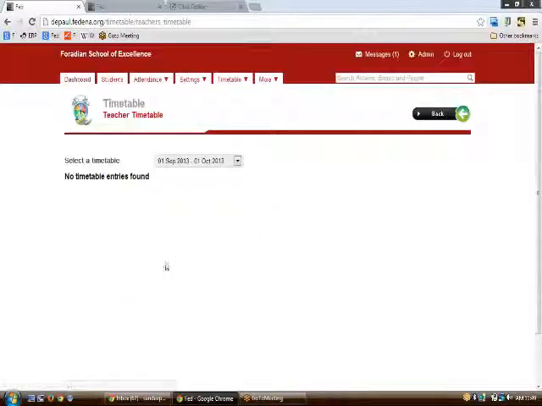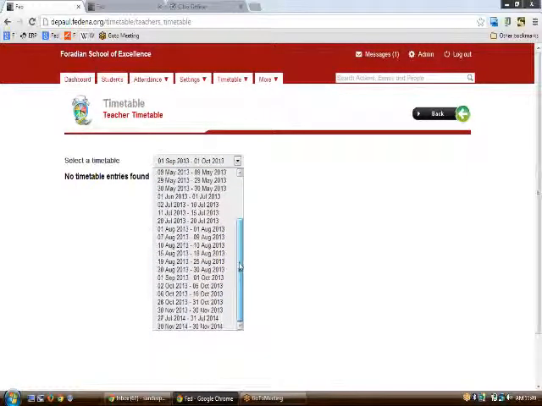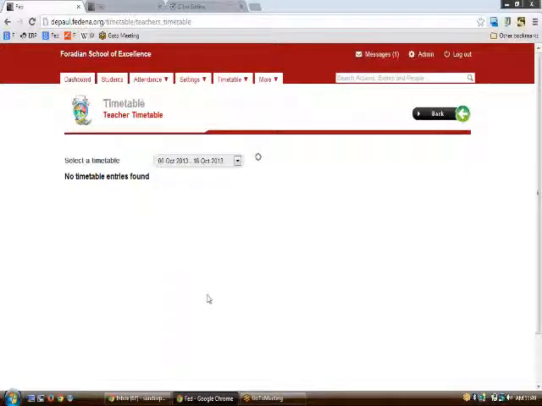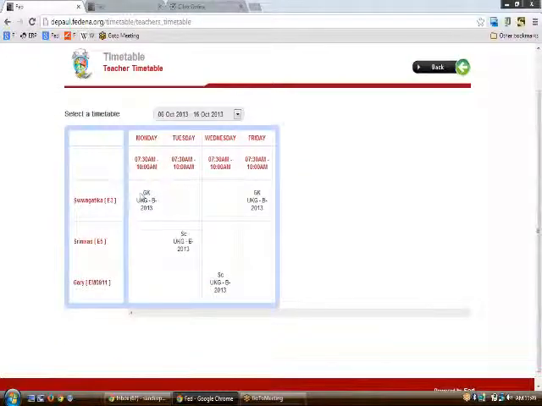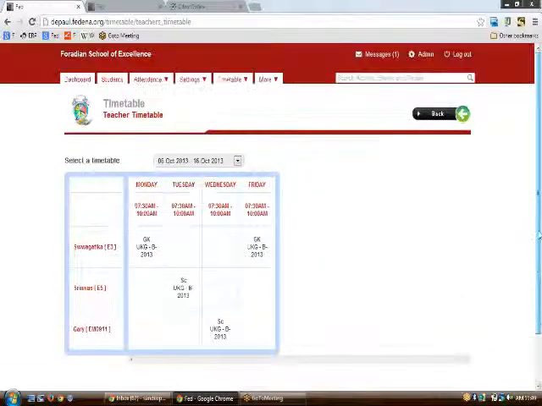Next we will be moving upon the teacher's timetable. If you want to see the timetable of a teacher, of what all things have been allotted and what are the timetable for each of the teachers in a particular timetable, then you need to just go to the timetable created and see it. So as per the list, you can see that Swagatika has been assigned GK for Monday and Friday, and then Srinivas has Tuesday, and Gary is allotted science for Wednesday. So this is how the teacher's timetable can be viewed.